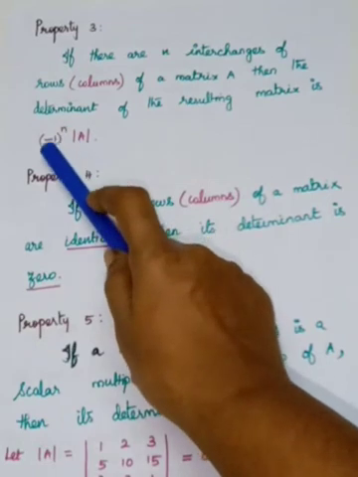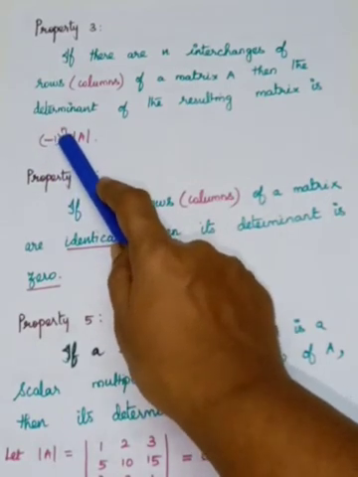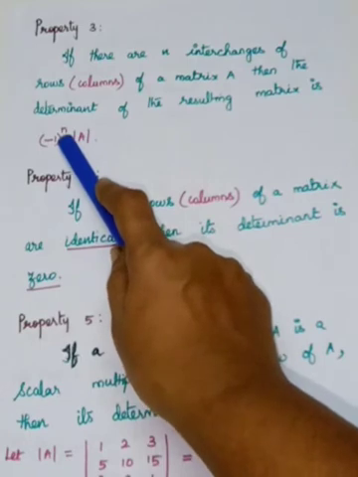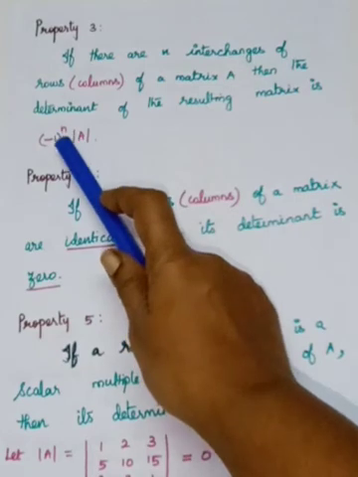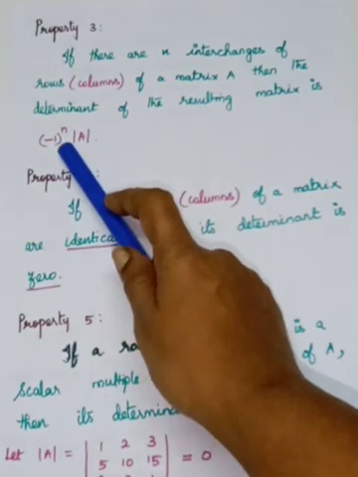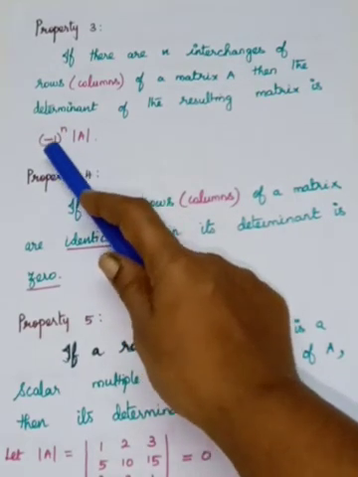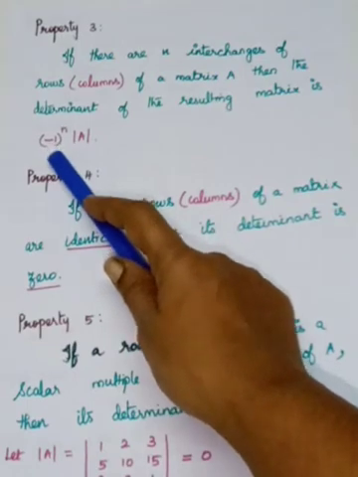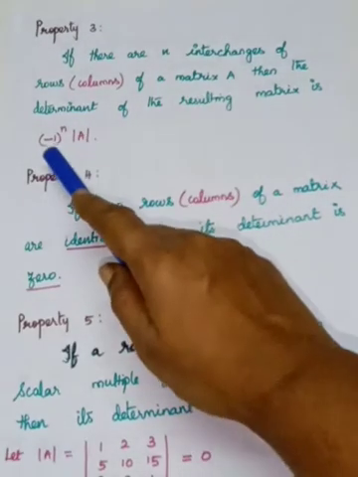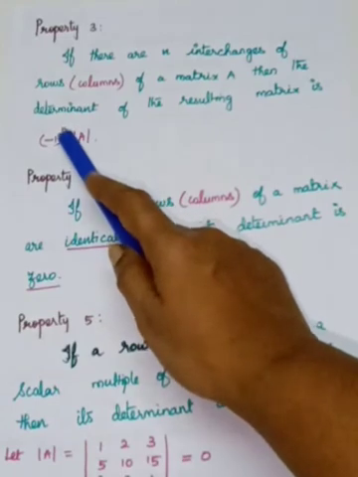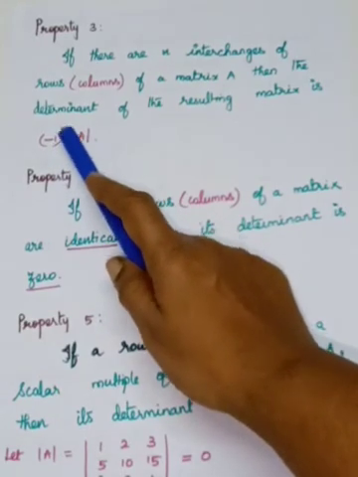If n is equal to 1, you will get minus. If n is equal to 2, that is 2 interchanges among rows, you will get minus 1 the whole square, so it is determinant A. If you make 5 interchanges among any two rows or any two columns, your answer will become minus 1 the whole power 5 into determinant A. So minus 1 whole power 5 is what? Minus. So minus into determinant A. If you make 8 interchanges among the rows, your answer is minus 1 the whole power 8, which is positive.